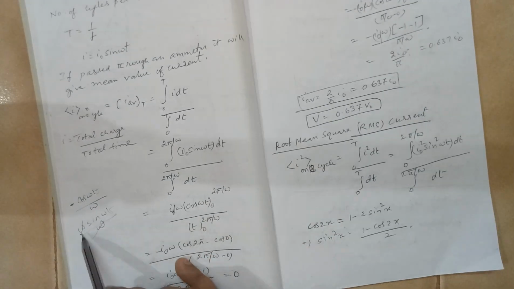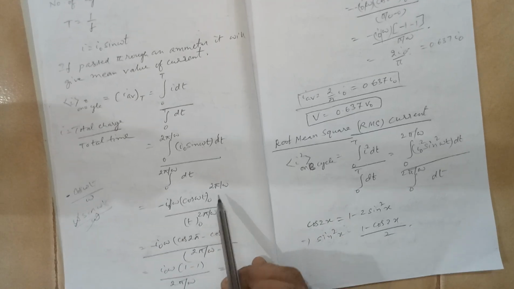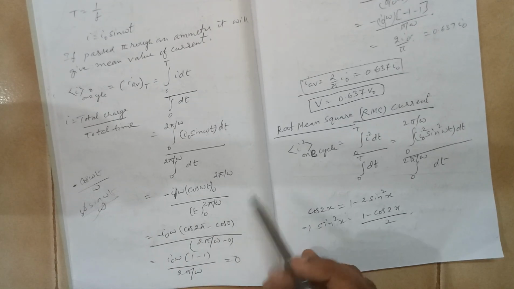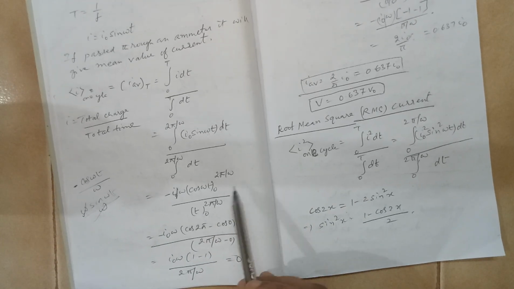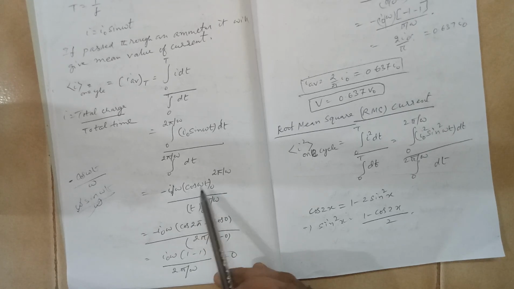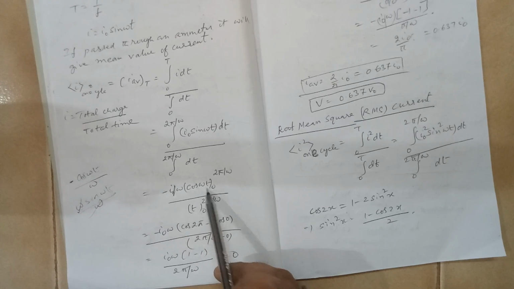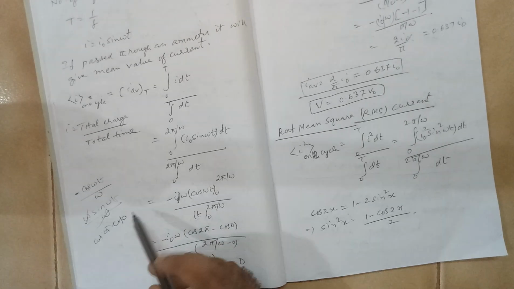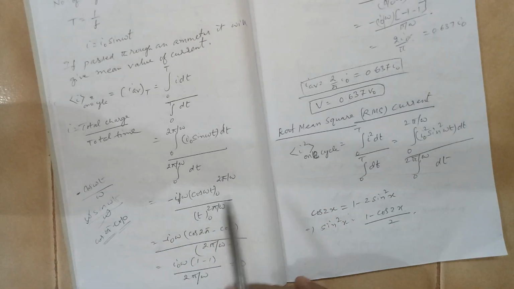So this is what we have to take. It will be I0 by omega with a minus sign here, and you have to put the lower limit and the upper limit. When you do all this maths, you finally get the value to be 0. Why? Because when you put 2 pi by omega in the place of t, it becomes cos 2 pi, and when you substitute the lower limit it becomes cos 0. It becomes cos 2 pi minus cos 0. Cos 2 pi is 1, cos 0 is 1, 1 minus 1 is 0. So this whole value is becoming 0.